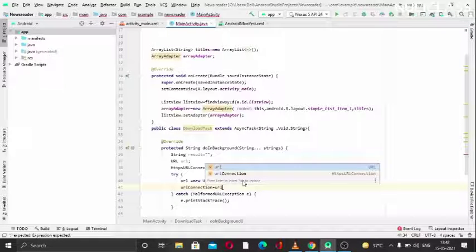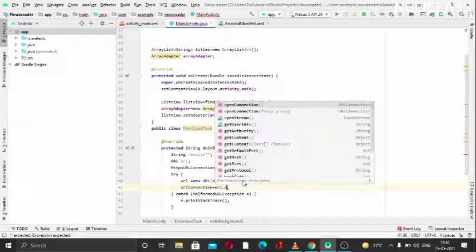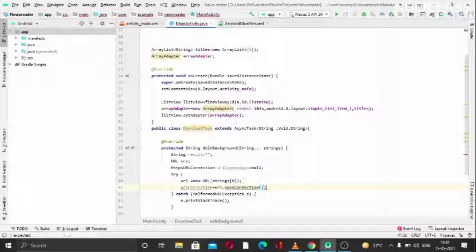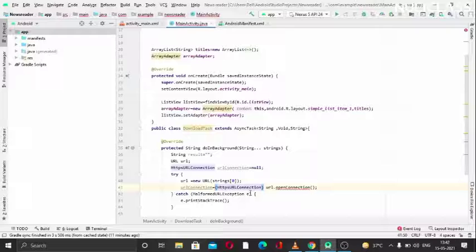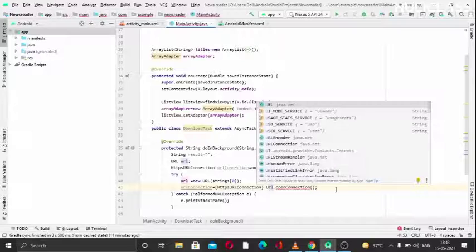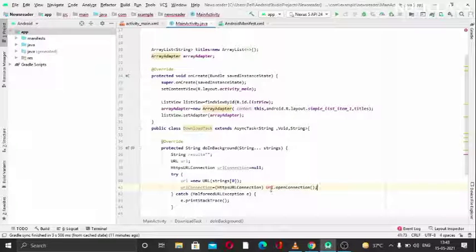So these are the steps: url.openConnection. This is for opening the connection, and we also have to typecast correctly. We will be using HttpURLConnection to typecast that. I think this is fine. I guess I have used a small letter in URL here. This is again showing an error.